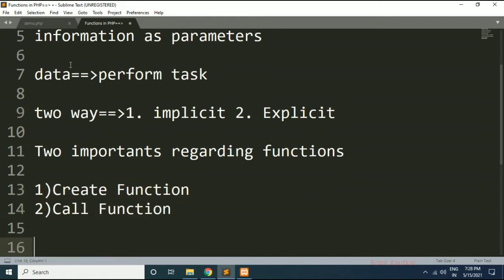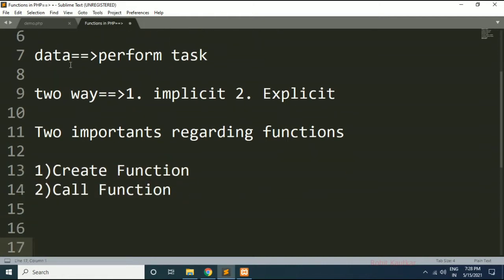For using a function, first of all we need to create it, and after creating, it's not enough, we also need to call it, we also need to invoke it. Whenever we call it, then and only then it will perform its specified task.